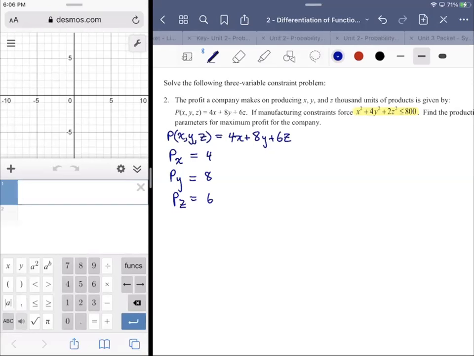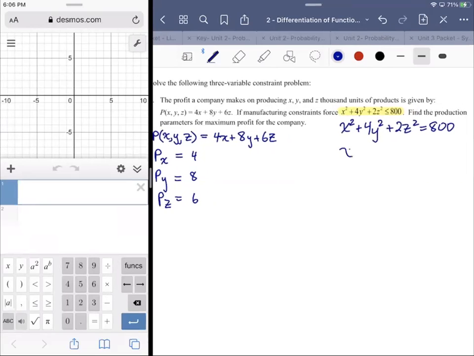So we can't go beyond that outer edge. So that gives us x squared plus 4y squared plus 2z squared equals 800 as our outer bound, or set of boundaries. All right, so if I solve this for 0, essentially just subtracting an 800 from both sides,